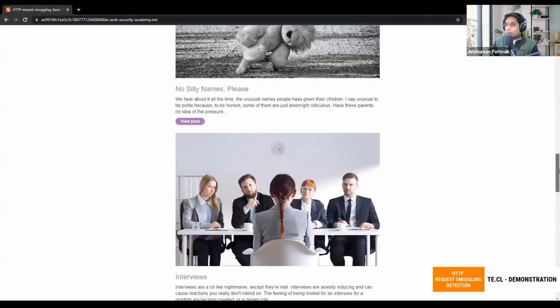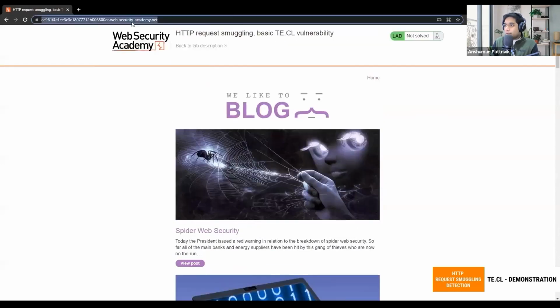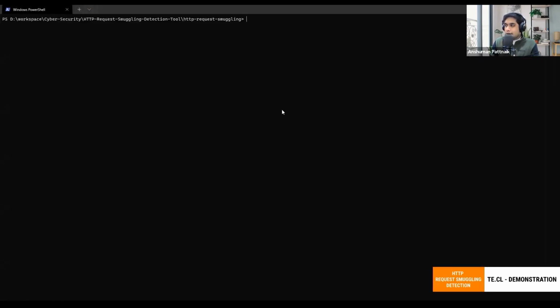The same thing, we need to copy the URL and paste it, and follow the same command python3 smuggle.py -u and the target URL.